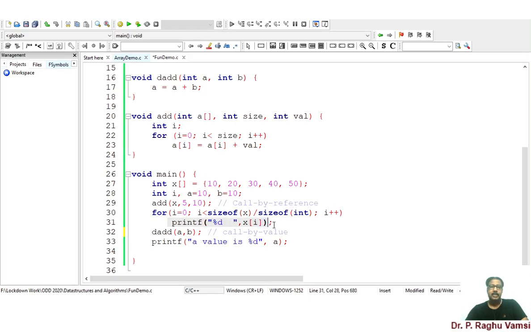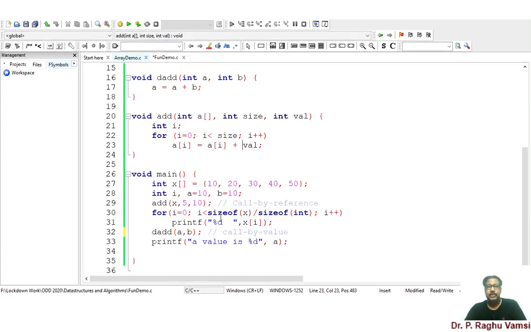The output we got is 20, 30, 40, 50 and 60. That means 10 is added to every element in the array. So whatever changes you made in the function were reflected after the function call.